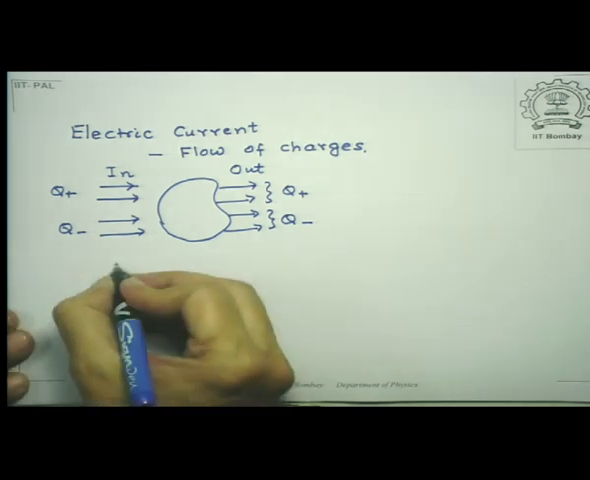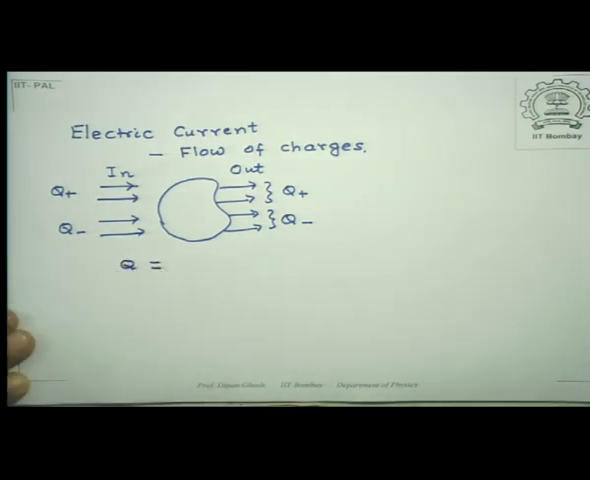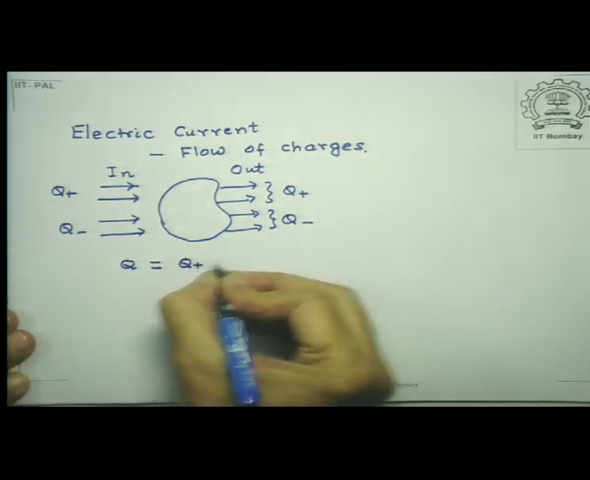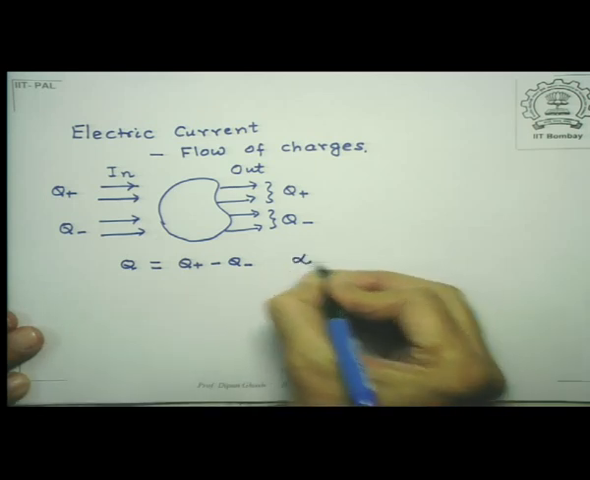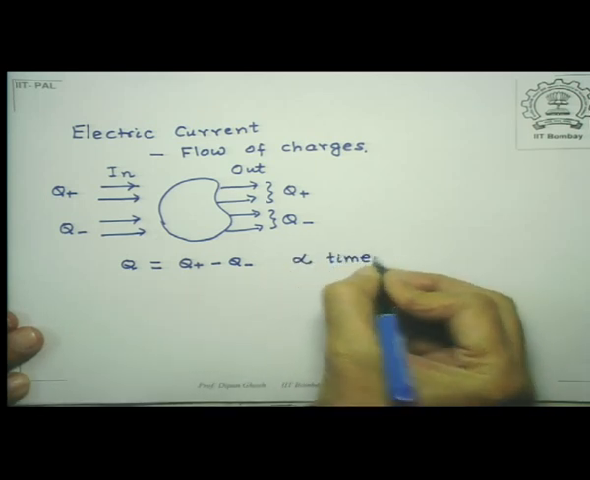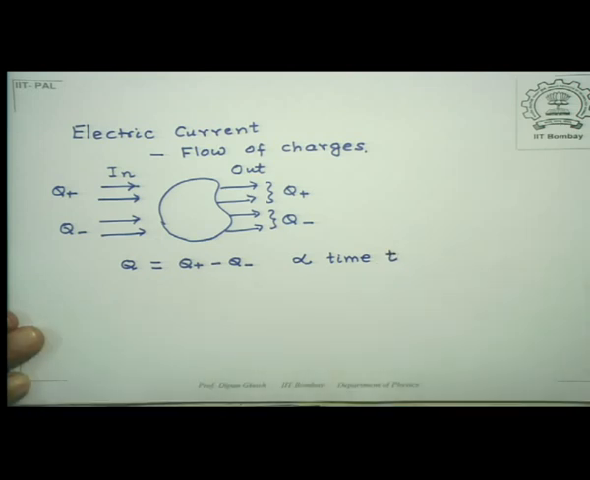Now, so the net amount of charge Q which is flowing in is Q plus minus Q minus. Now, supposing these charges were steadily flowing through that surface, then the amount of charge that is going through that surface would be proportional to the time t. So, this is proportional to time t during which we make our observation. So, in other words,